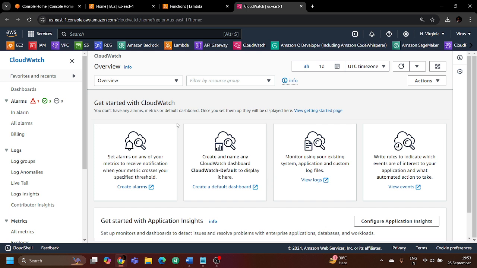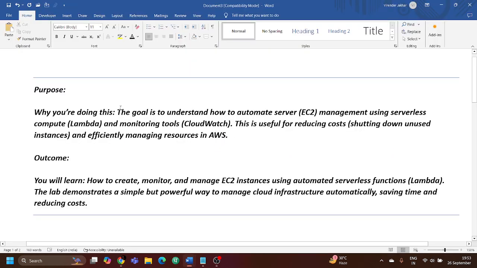So why exactly is what I am talking about important in the real world? You can imagine that you are managing multiple servers on AWS, whether you are working as a cloud engineer, or a DevOps engineer, or maybe you are a student who wants to learn this entire process. This is a very important process, and so many interviewers ask this question in the interview: how exactly you can save cost